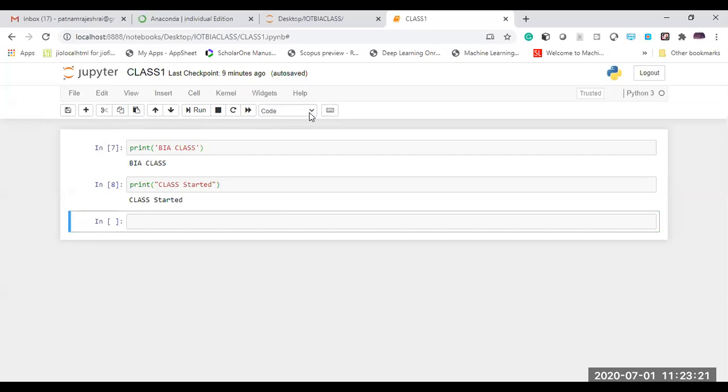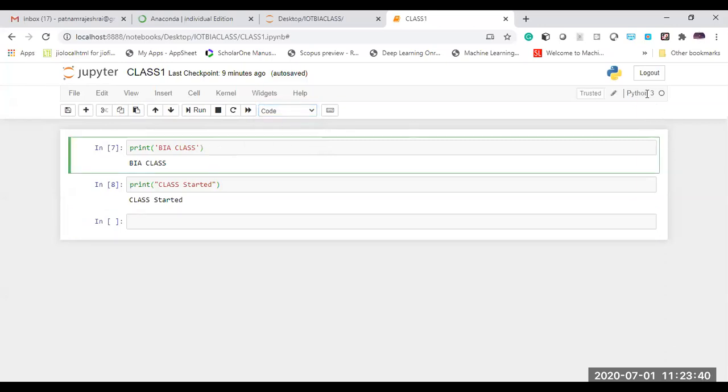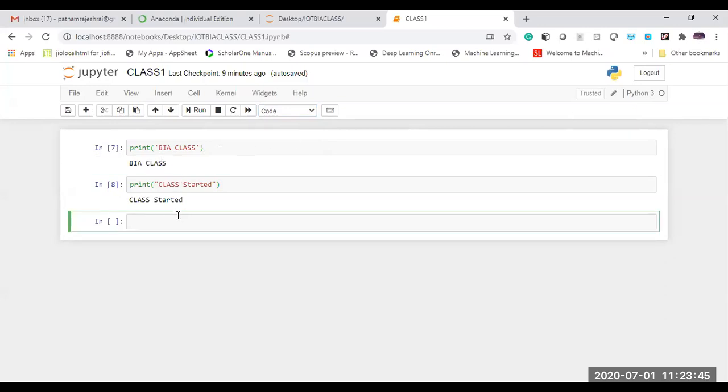And one more important thing here in the tab is code. We have tab options with code, markdown, raw NB converter, and heading. So the first one, code: if the tab is selected with code, in the sense it is going to run Python 3. Okay, this is the code. For example, if I write here print with some slash symbol.